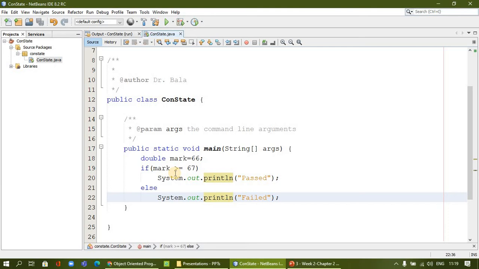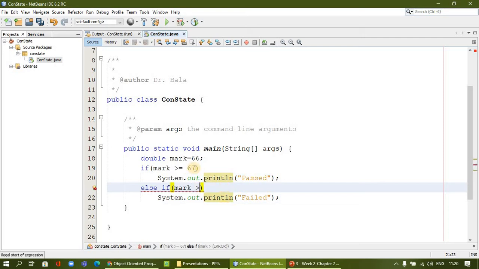Now I will go for else if statement. Okay, I'm going to introduce else if, again condition. Else if, I'm going to say mark is greater than, for example, 90 above. I will introduce grade A, for example.